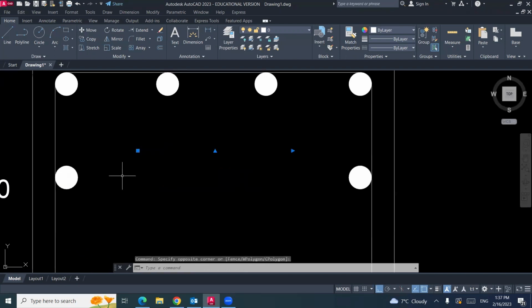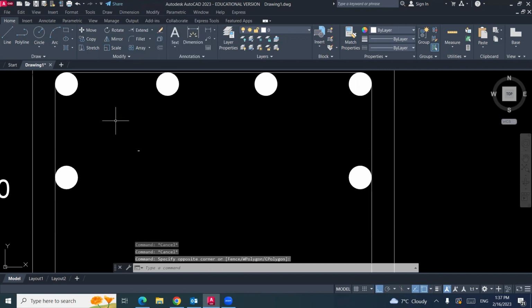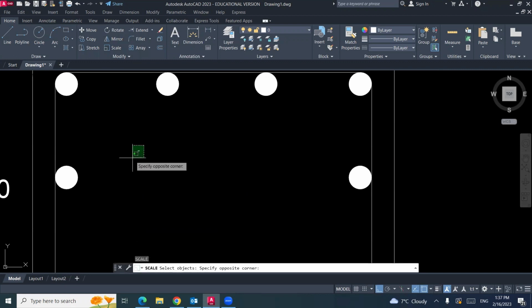You don't need to delete it and rewrite it. No. From modify, we have a scale or this little icon, scale or SC enter. AutoCAD will ask you 3 questions. Select object, I will select this text. And base point, I will select any point on this text.